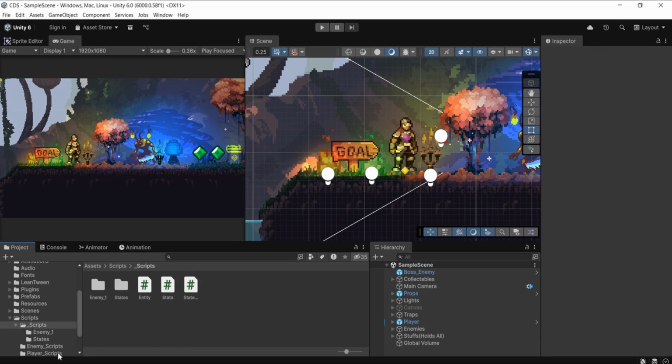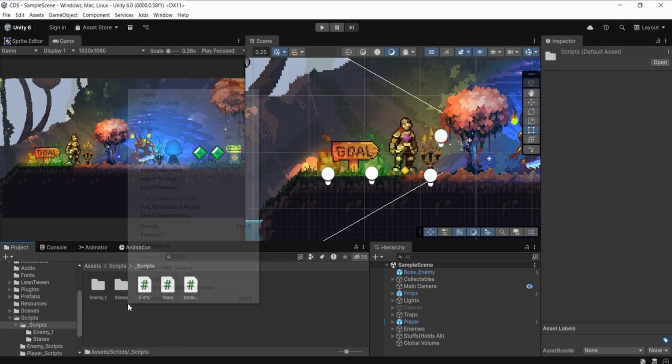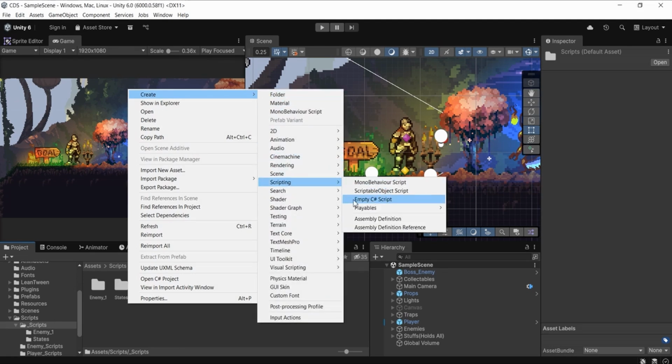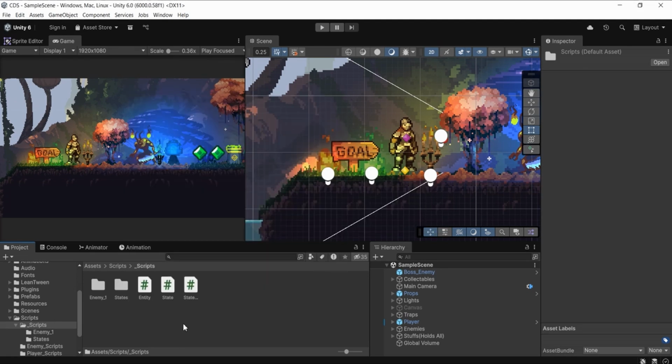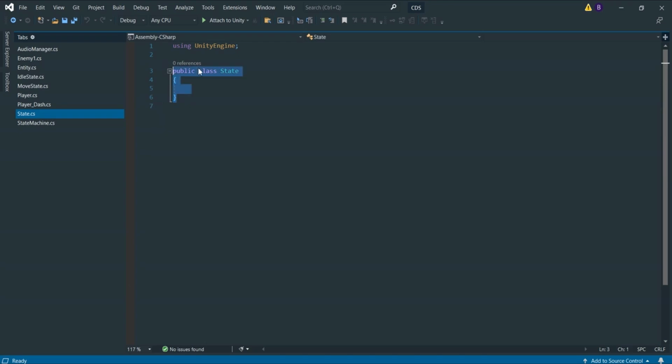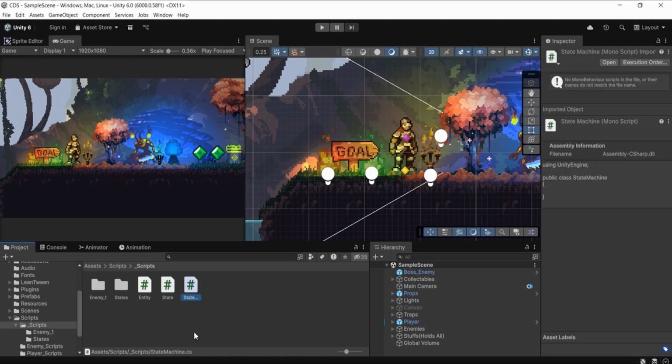So basically move over to that script folder once again, then right click, create, then go over to scripting, and then click on this empty script, because this script is not gonna sit on a game object. If I double click on it, this is an empty class, and this state class is just gonna have all of the properties that every game object needs to have. So this one will be the parent,